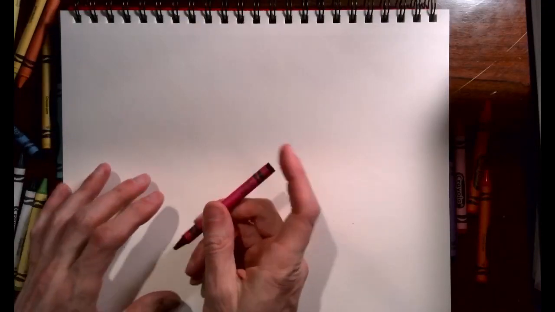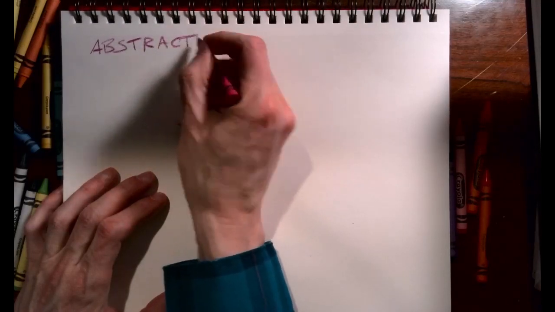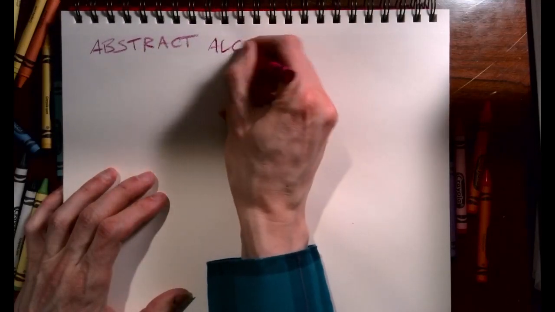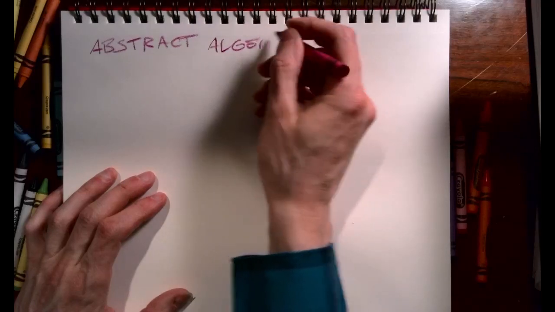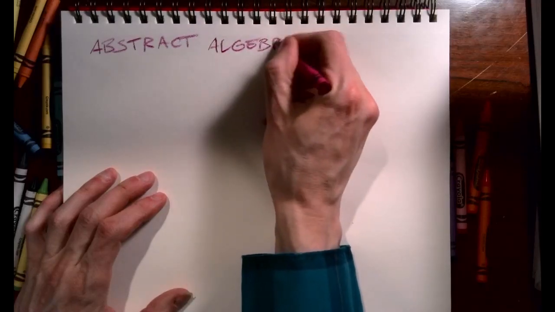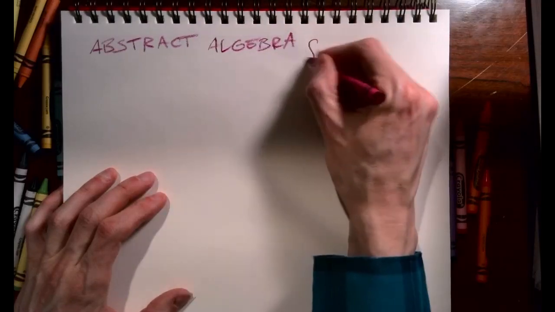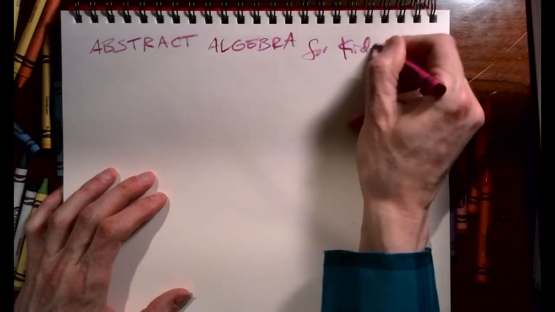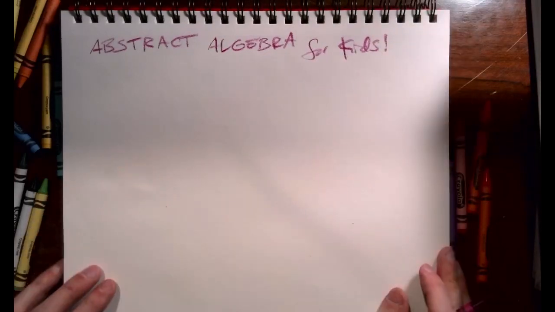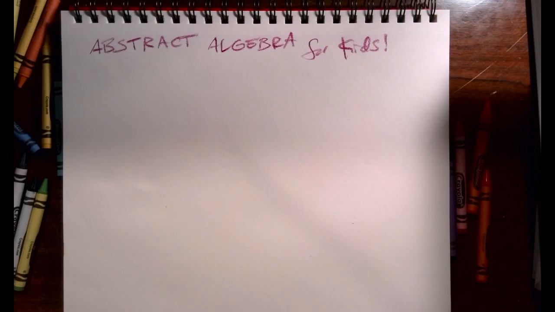We've got paper, we've got crayons, and we're starting a new playlist. This is just going to be the introduction to it. And the idea is abstract algebra for kids. And it's not really going to be for kids. Maybe it's a little bit for kids, but mostly what I want to try to do is go through all